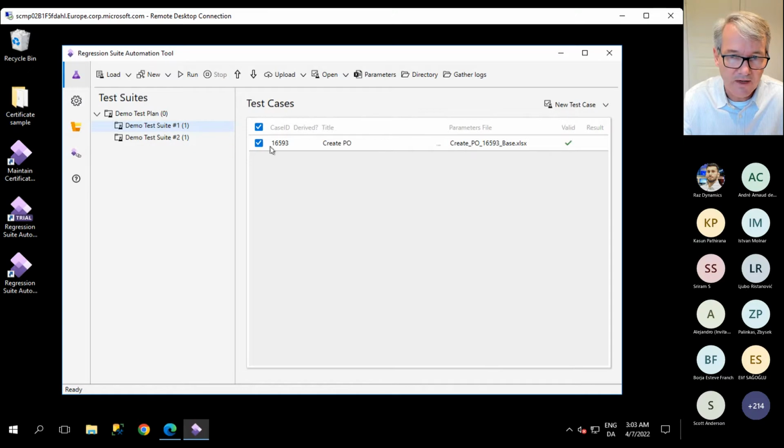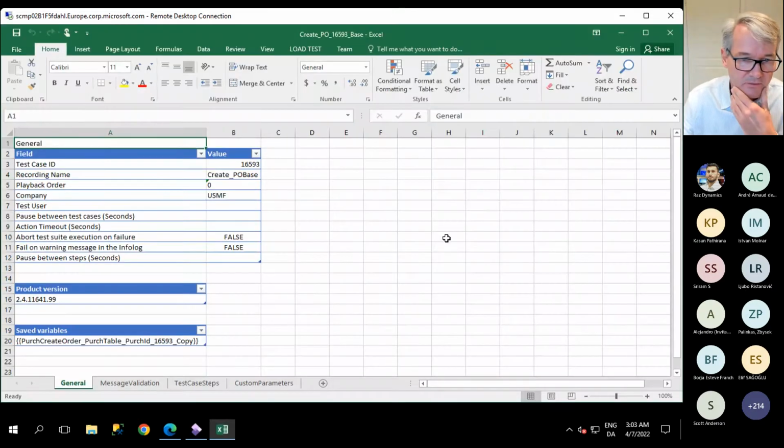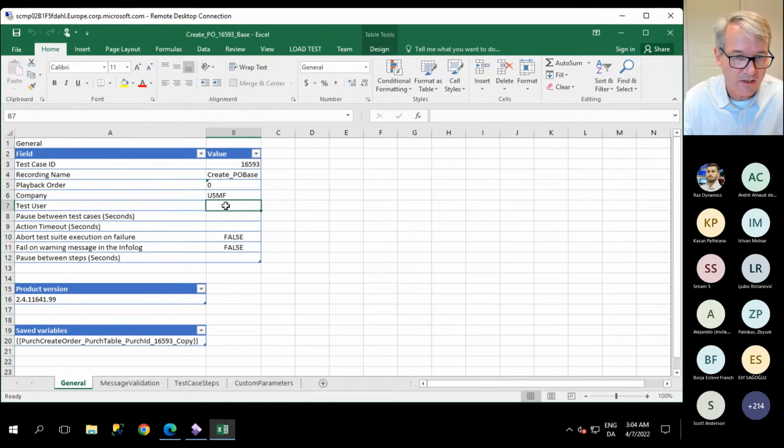The Excel file is also accessible here by the parameters. And this is where you're able to set some settings that you want to have set for running the test. You can override the legal entity that I shared earlier. You can specify a test user. If you want to be running this as a purchasing agent, like Alicia type of role, then you could specify a user that you have in your environment that matches those security settings and then test that it's working